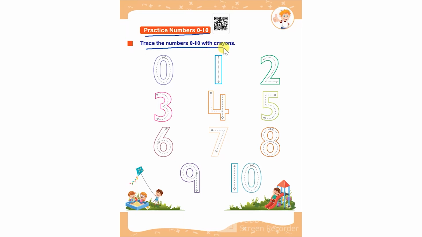Trace the numbers 0 to 10 with crayons. So over here the child has to use crayons to trace the numbers 0 to 10. So they have to start from here and go in the direction of the arrow. So this is 0, then 1, then 2, then 3,